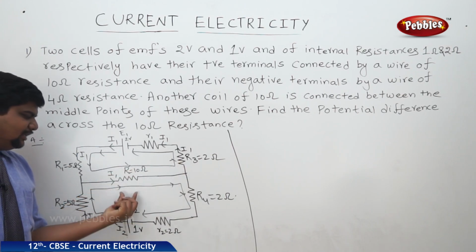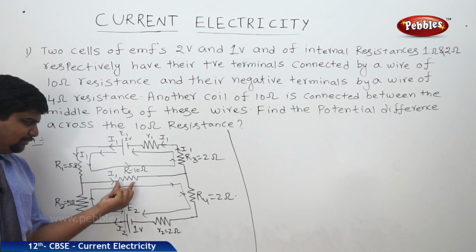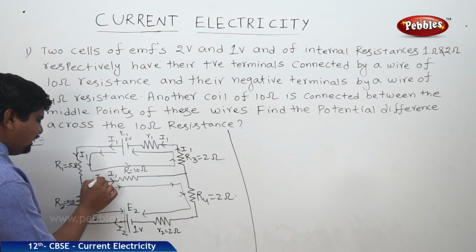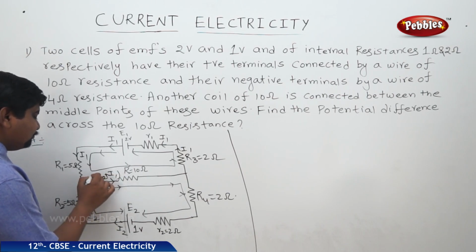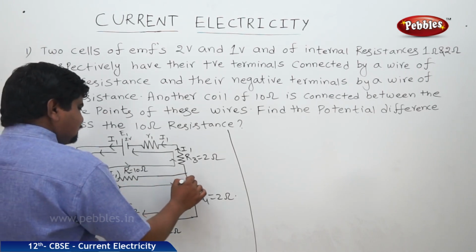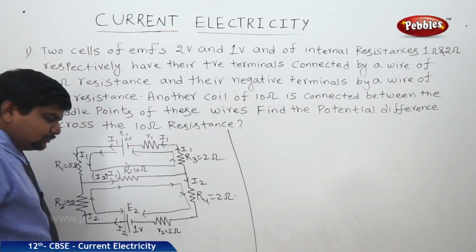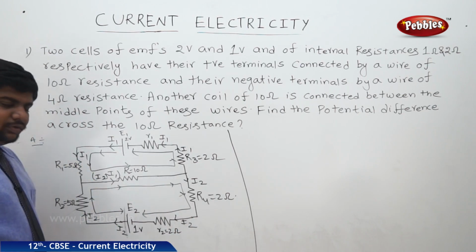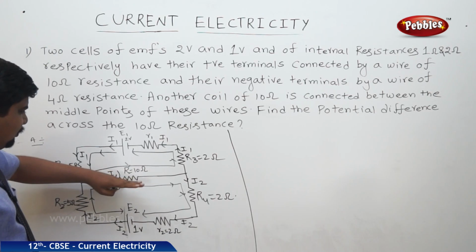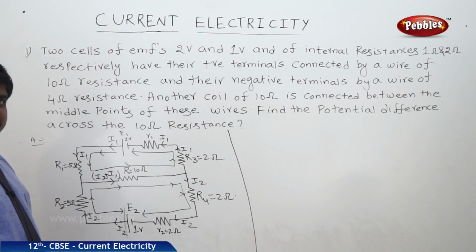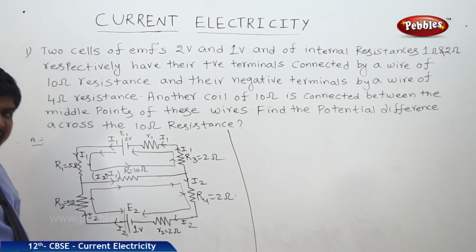See here, I1 and I2 directions are the same at the middle point, which is through the 10 ohms resistor. That means this whole will become I1 plus I2. This is very, very important. So I1 plus I2, through R4 it is I2, then through R2 also it is I2. Above this 10 ohms it is up to the I1 mark, and below it is up to the I2 mark. So we can understand the direction of current, and what the EMF is equal to.